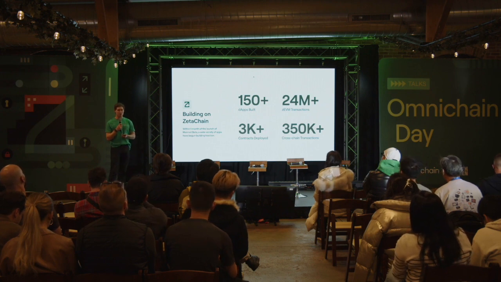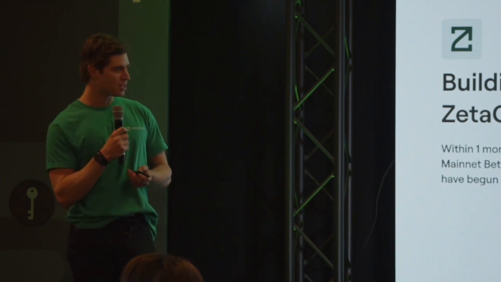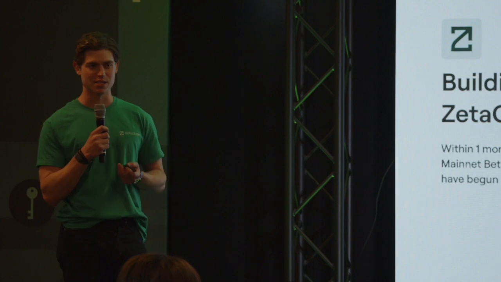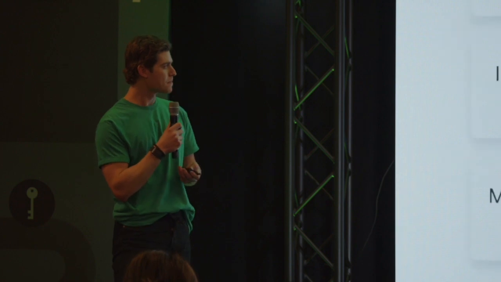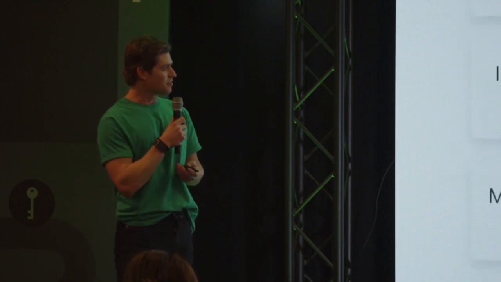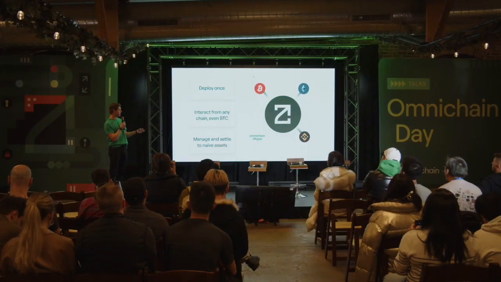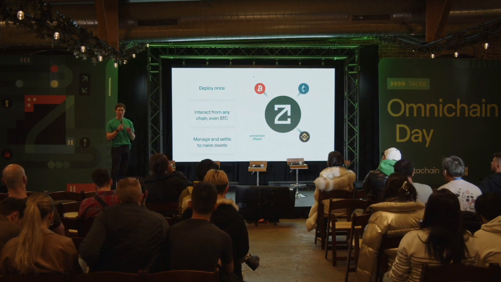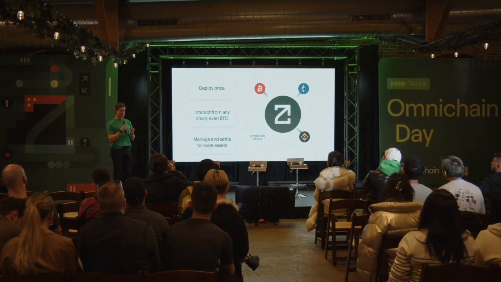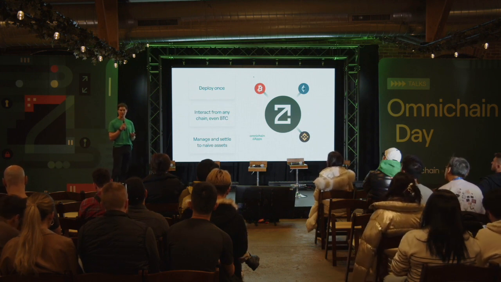So far, a couple hundred dApps deployed on the network, millions of transactions, and this should go up as developers adopt the platform and we build great stuff. So yeah, this is the value prop of ZetaChain. You deploy once on ZetaChain. That contract is accessible from any chain as a user. It can access native tokens and data and liquidity on any chain, and everything settles in native assets.